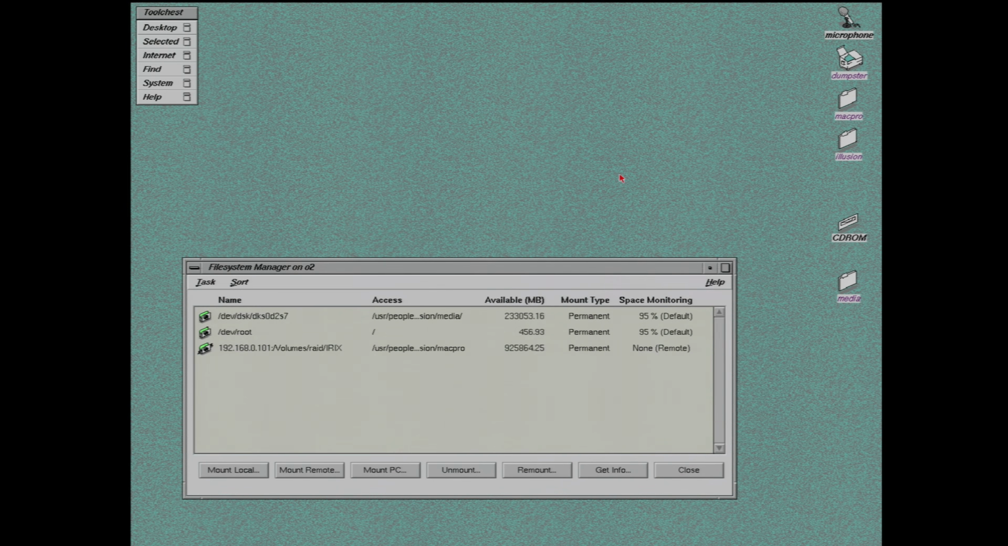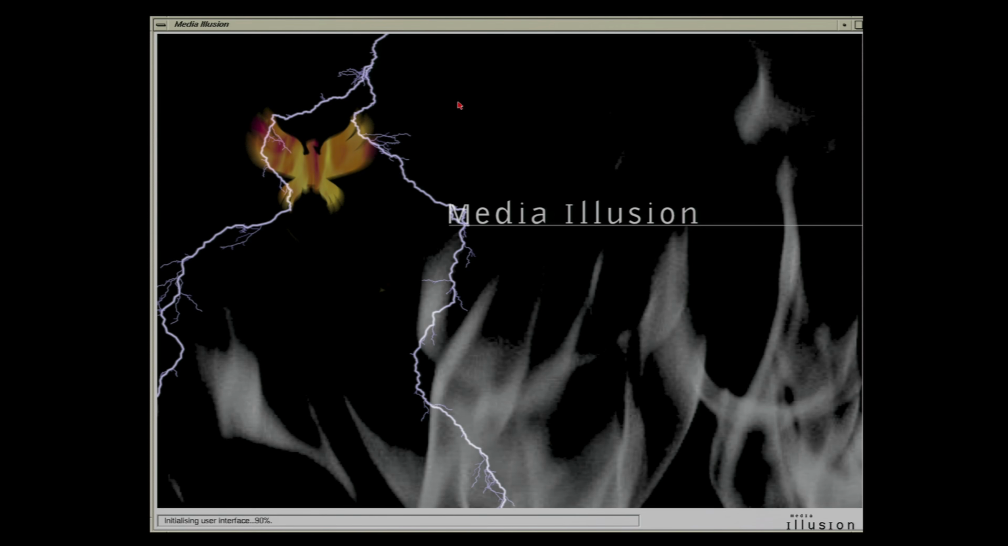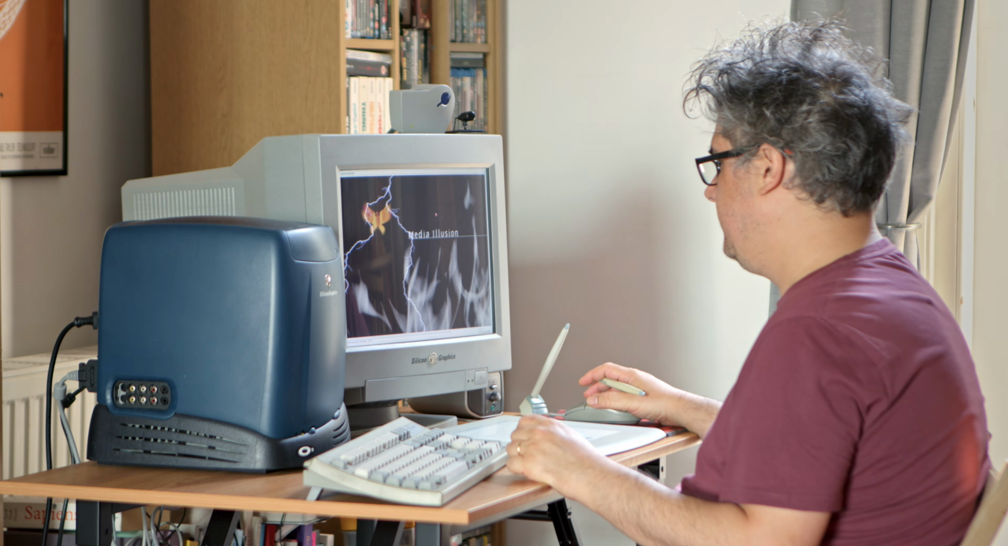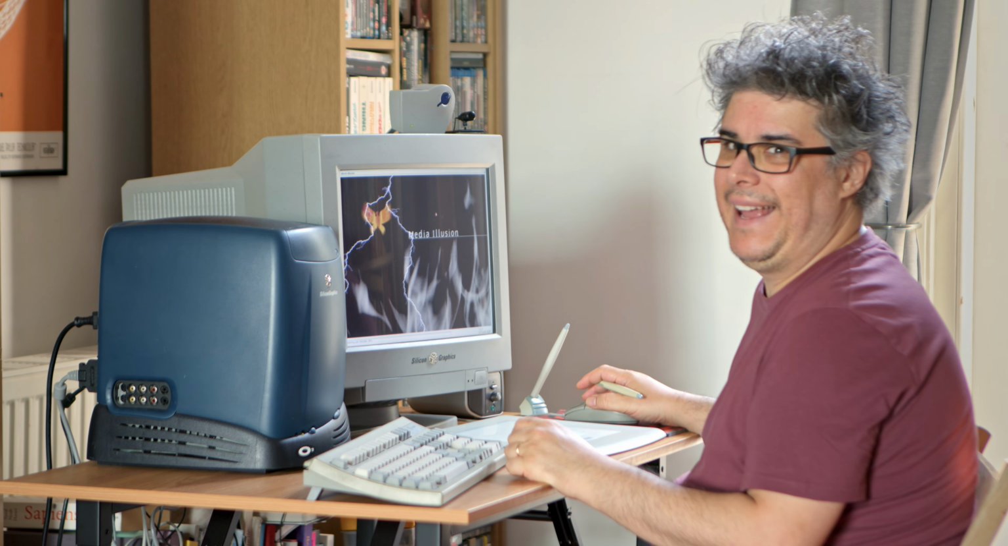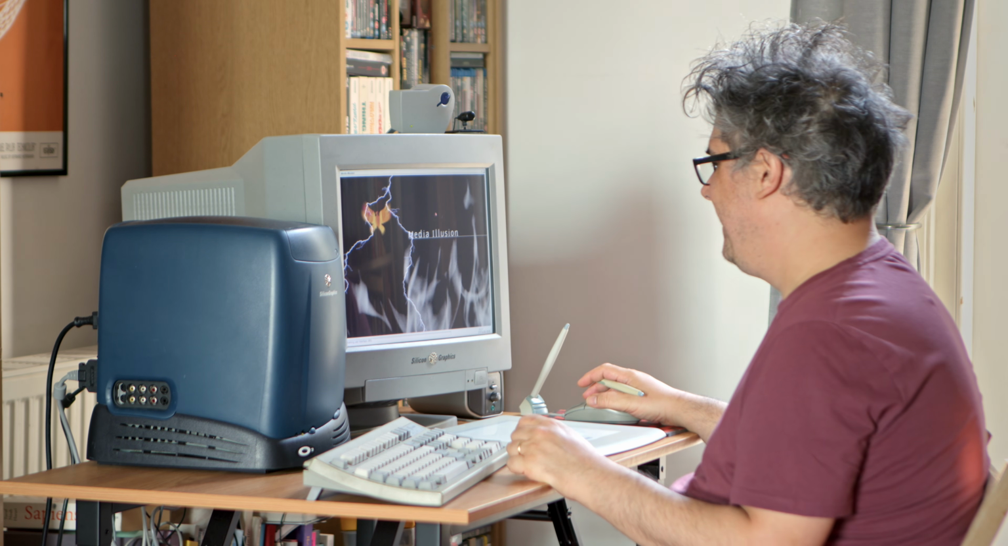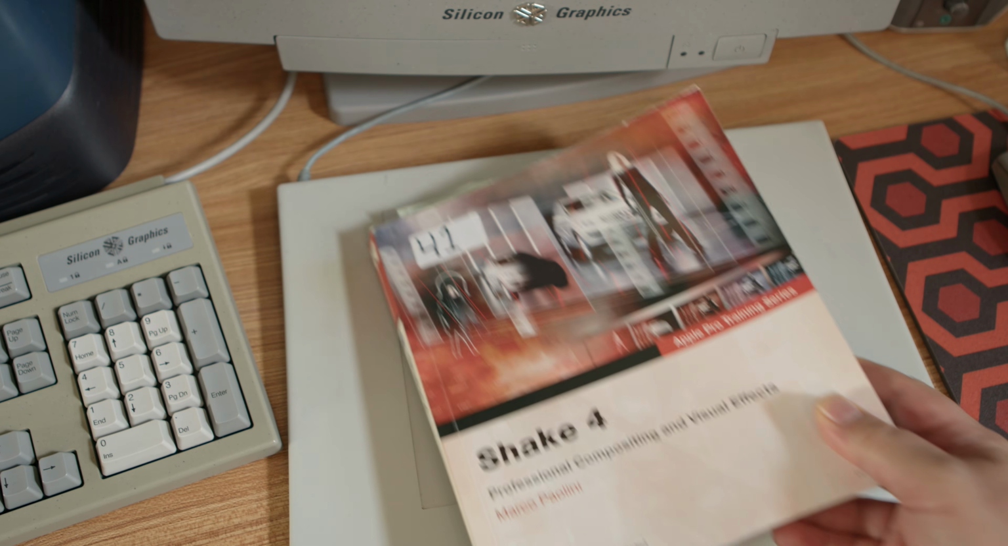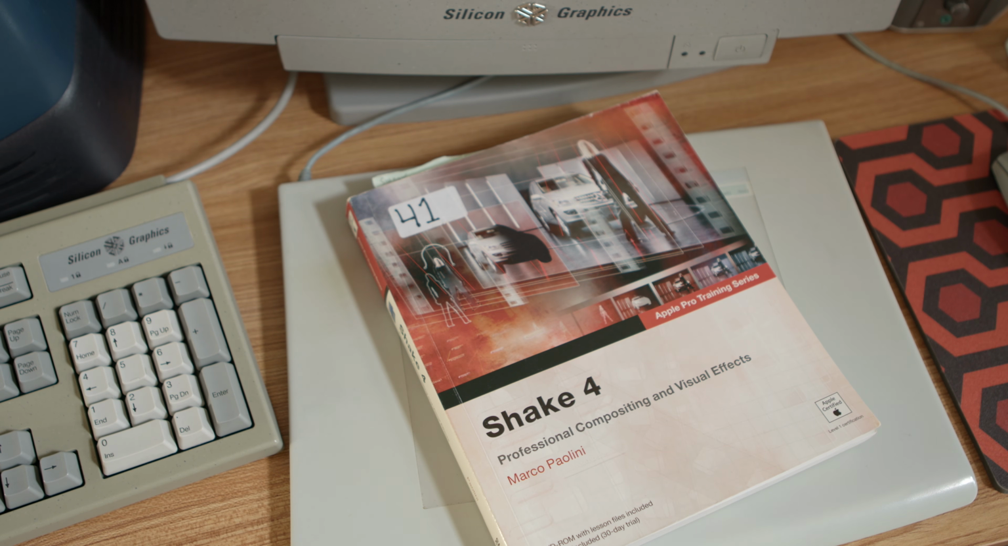But now that I have this all working, I have the network working, I can load files, I know my way around, it's time to boot up Media Illusion and do some compositing. To start compositing in Media Illusion, I decided to pick up some training footage from some old school tutorial books. In this case, this footage is from a tutorial from a book called Shake, and it's a book from the Apple